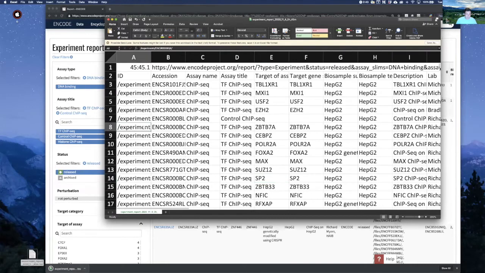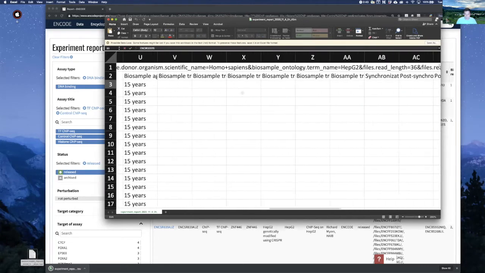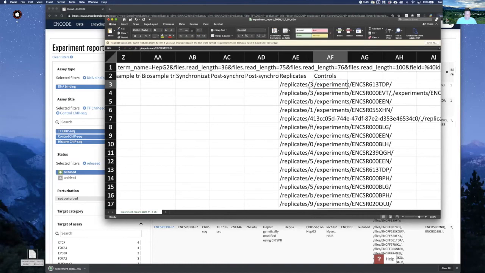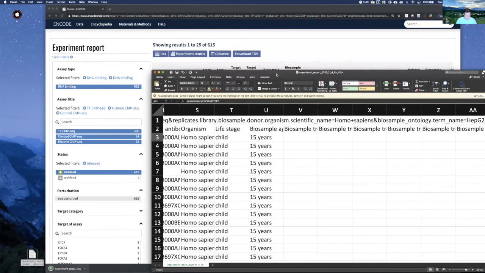So we can see the experiments, what its name is. Really, it's the same as the accession number here. And then we'll get all the way back to one of the more important columns: where are the controls? Where is the data that controlled this experiment? Okay, so great. We're going to need that in our first R Markdown lesson in the next video, where we'll